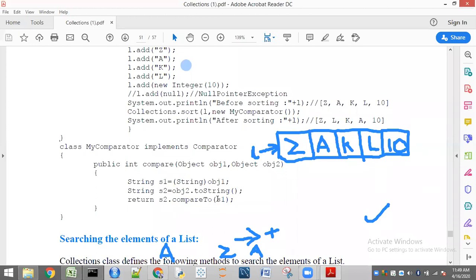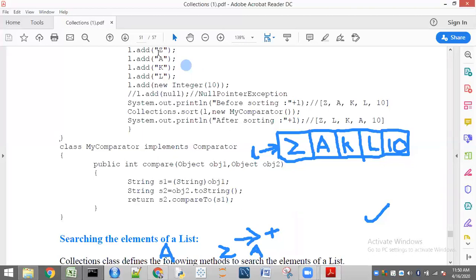So the first example is for what? Default natural sorting order. Here I am going to use what? Comparator objects. Is it the only way to compare the elements? You can compare any way. Already in default natural sorting order we have seen ascending order, so in this example I have shown descending order. If you want to write any type of code, you can write it here. In the same way it is going to sort the elements. Okay, so this is about sorting.